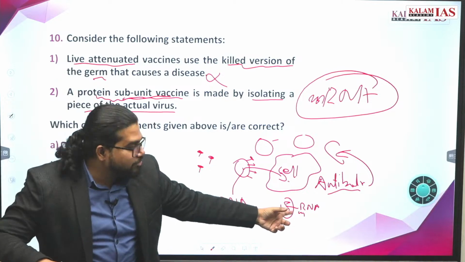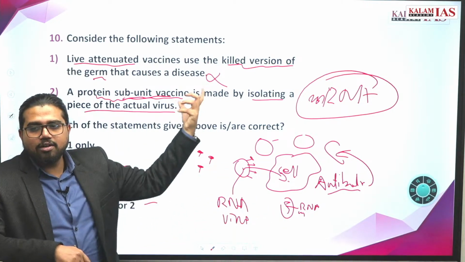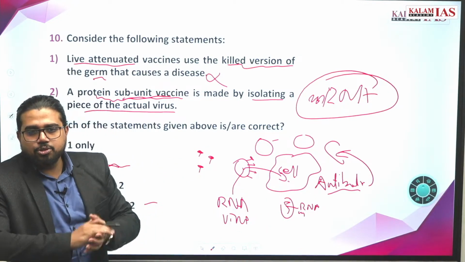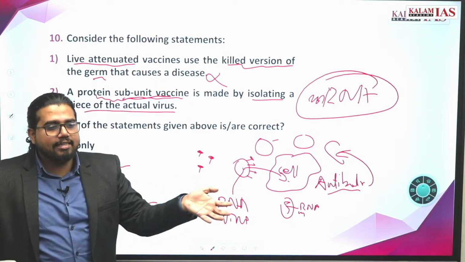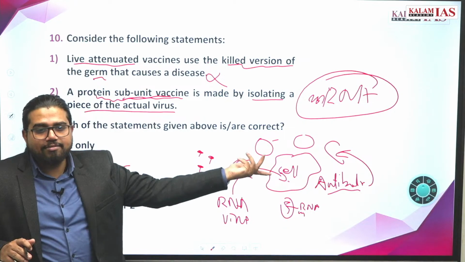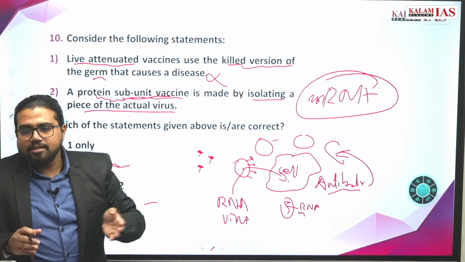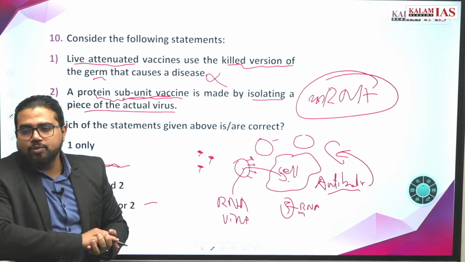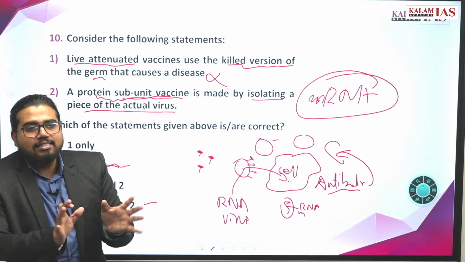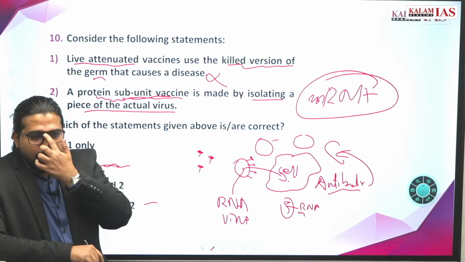So the advantage of this is that the actual virus is not being introduced, there is no fear of reinfection, and this is a much faster process. Usually a vaccine authorization takes 8 years, 10 years, the polio vaccine took decades. Now the corona vaccine is coming in a very short time. So if this is applicable to more diseases, you can produce vaccines in very short time. Have a broad idea. The basic concept you should be very clear.